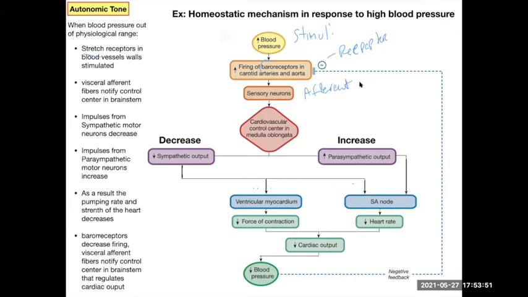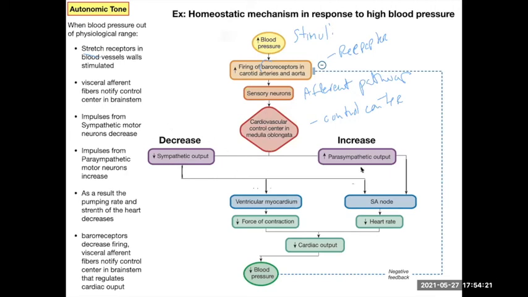the afferent pathway fibers, the sensory neurons that were connected to them. Those went back up into your medulla, your brainstem control center. This is what we learned about way back; it's just a specific example. So your medulla oblongata is the control center, and it has a complex output, which is going to go both to the sympathetic and parasympathetic,